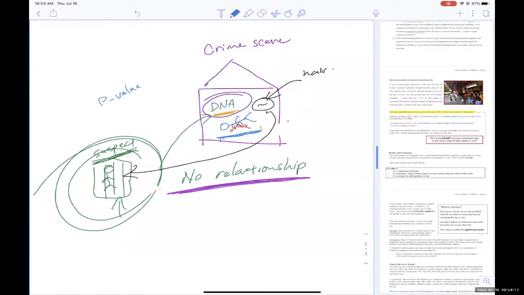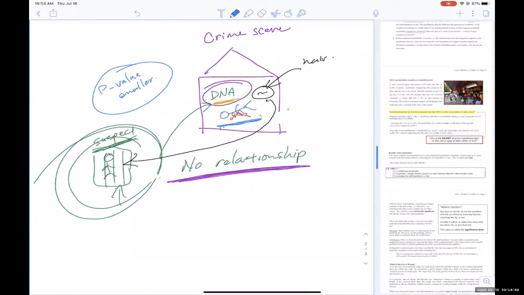And the smaller the p-value, the bigger the significance. Why? The probability is close to zero, and we found it, so it's highly improbable that his hair or his DNA is in that scene by chance. So the p-value is very, very small, and we say that is highly significant, that is the suspect, and he's going to be put to trial and probably found guilty